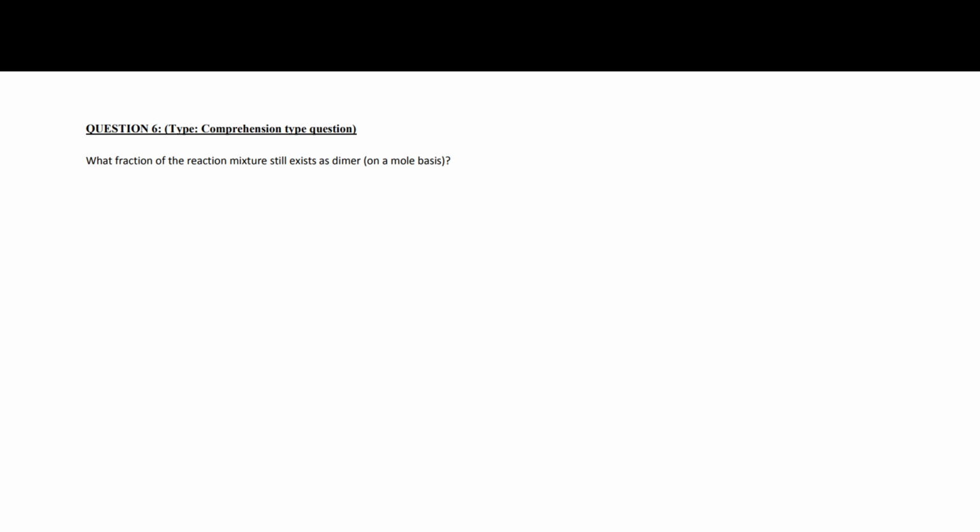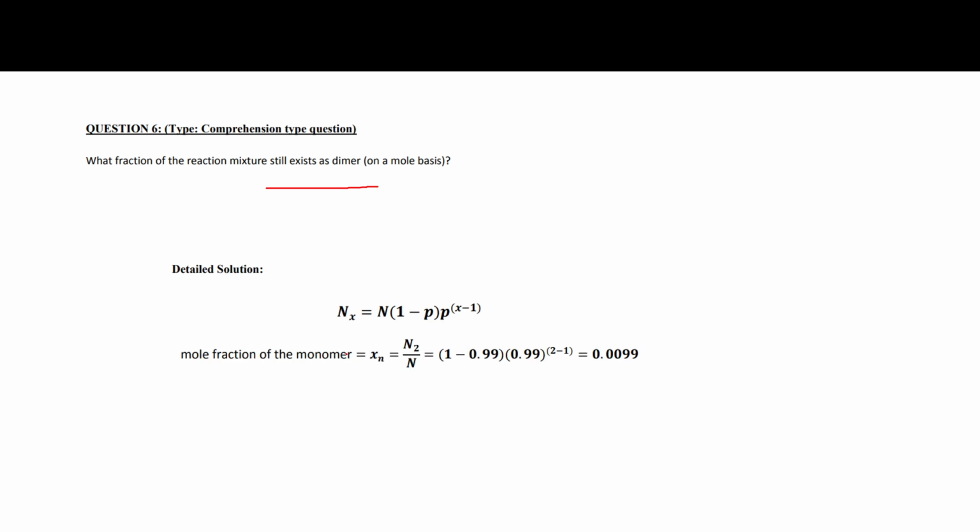So, a similar type of question: what fraction of the reaction mixture still exists as a dimer? This will be given by this simple equation. So this will be Nx, that is the number of moles, and this will be N, and the relation with the extent of reaction will be, this x will be the number of